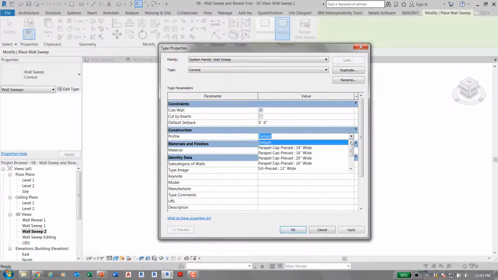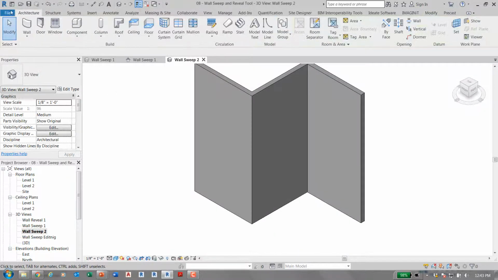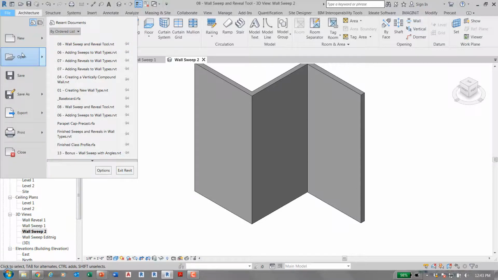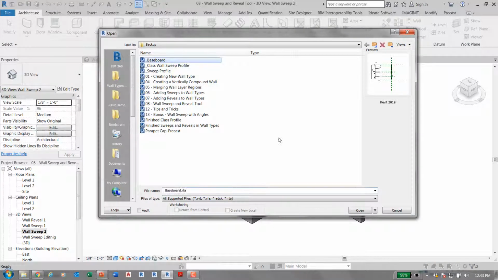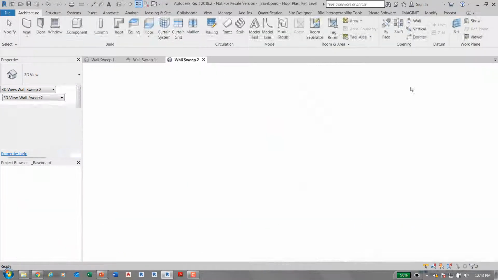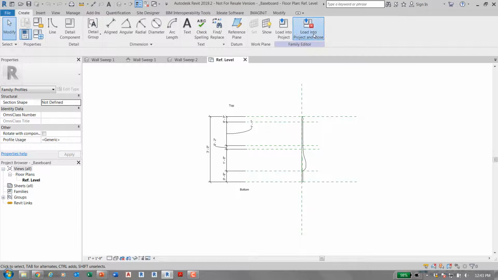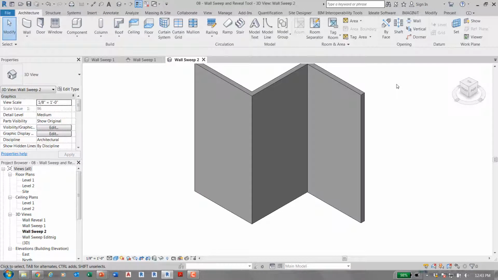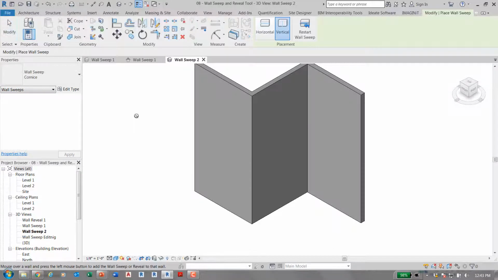I have to have it loaded first to grab it on this list. So what I'm going to do is go to open, grab it, load and close, and now it's in my project. Okay, so I just went and found it, loaded it, and now when I go off and do the sweep,